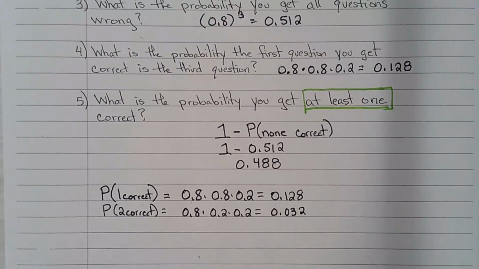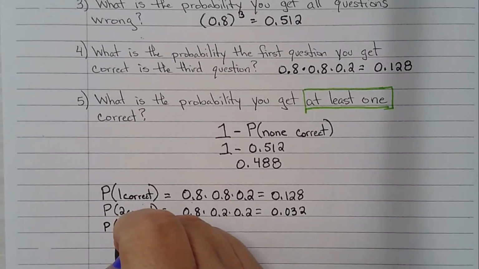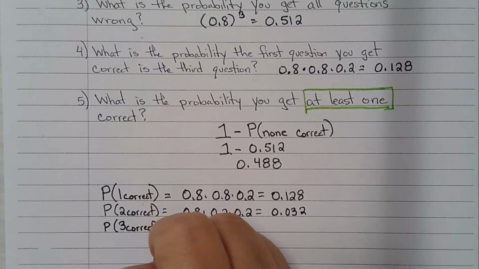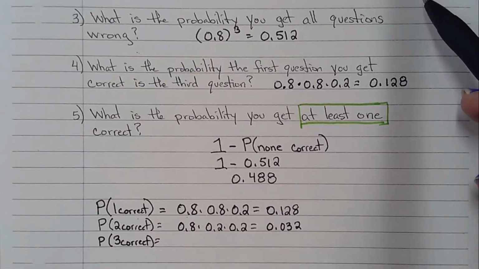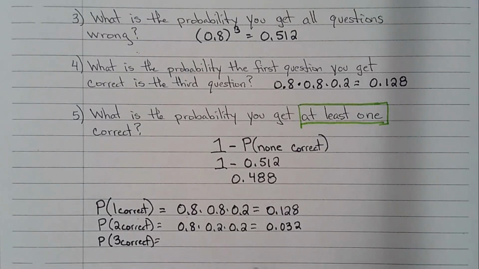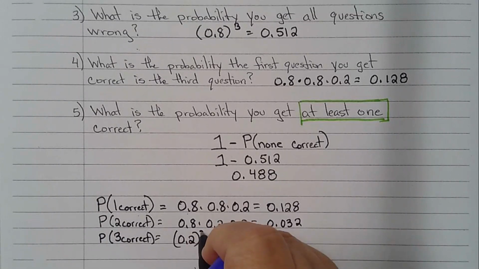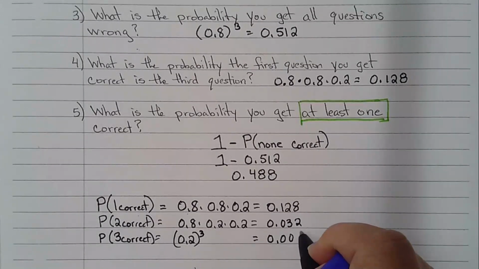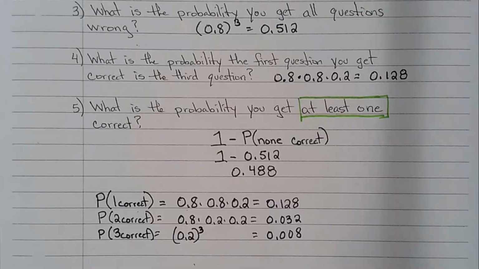And then the probability that we get 3 correct, well, we already calculated what is the probability that you get all 3 correct. So that was 0.2 to the 3rd power, which was 0.008. Now, if we add those up,